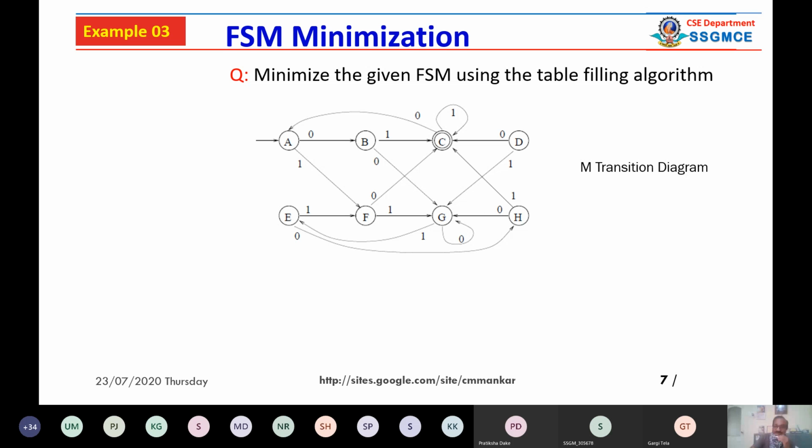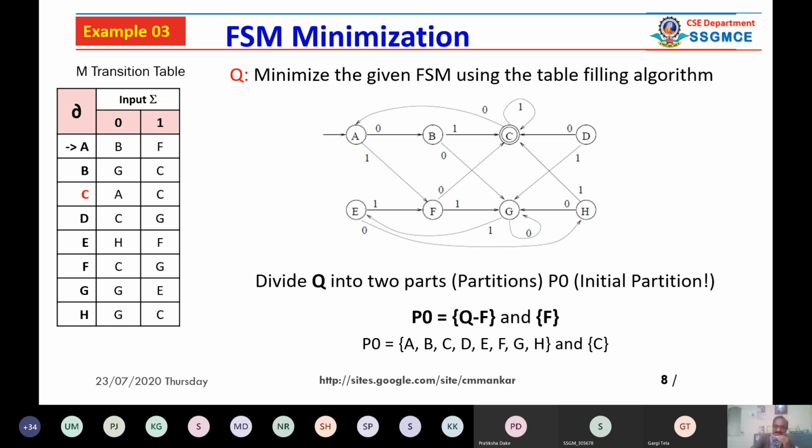If you have any machine, you must draw the transition diagram because it helps you understand the transitions from one state to another. So here A is the single initial state and C is a final state. That's why it is in red. The first step is that we have to partition the given set Q. So Q को हमने final states और non-final state में divide किया, and we call this P0, an initial partition. And we try to find partition 1, 2, 3, 4 up to some n. It depends.